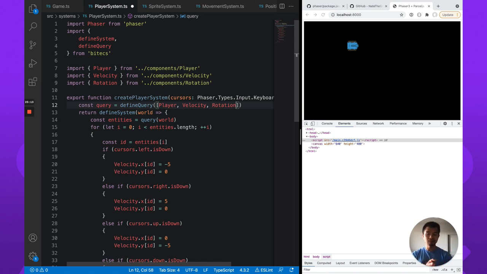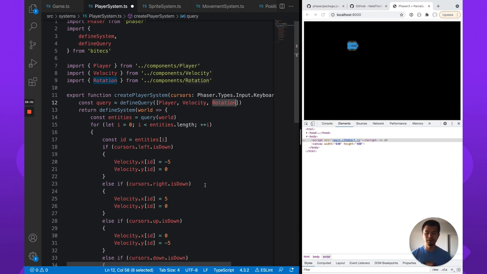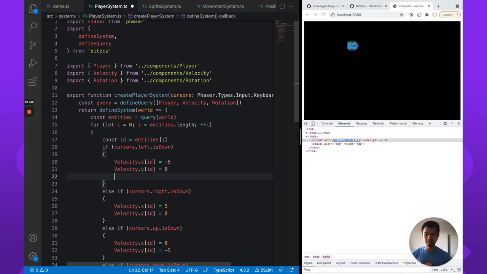Now, if you didn't want rotation to be guaranteed to exist here, you can make another system that only listens for maybe player and rotation, or some other way you want to set this up. If you want it to be more lenient, because in this way it will only give you the entities that have all three of these components attached to them. In our case, it's fine, and in most cases it will be fine, but that's just something to note, that this is an and operation. It's not or, it's when they have all three. Okay, rotation dot angle